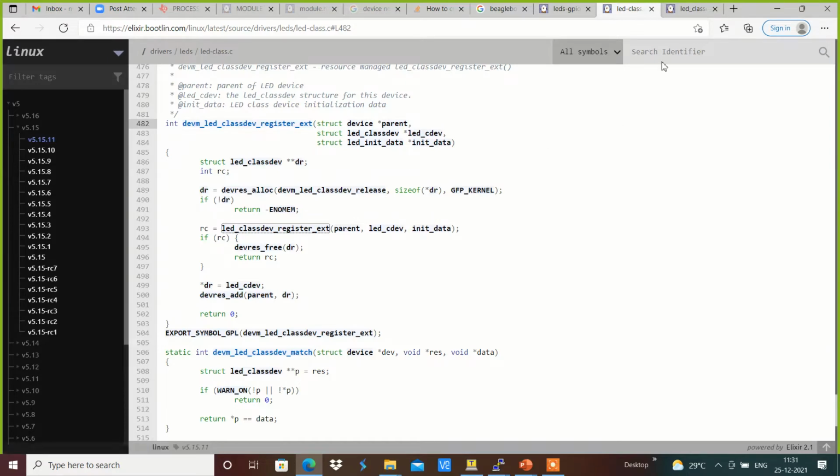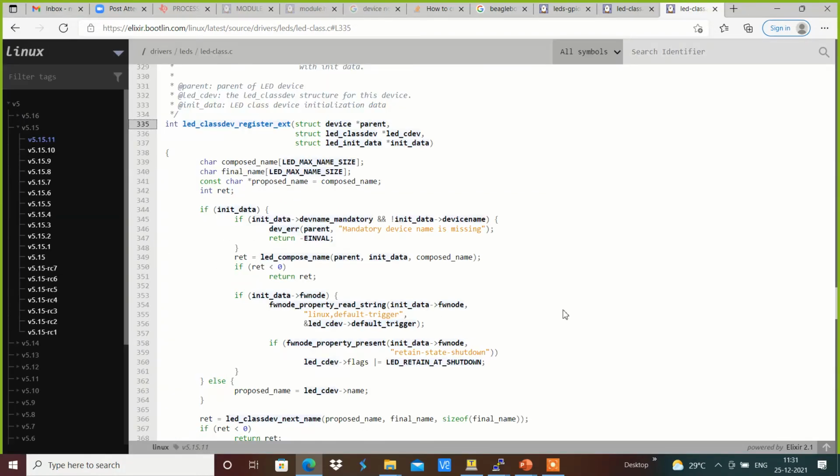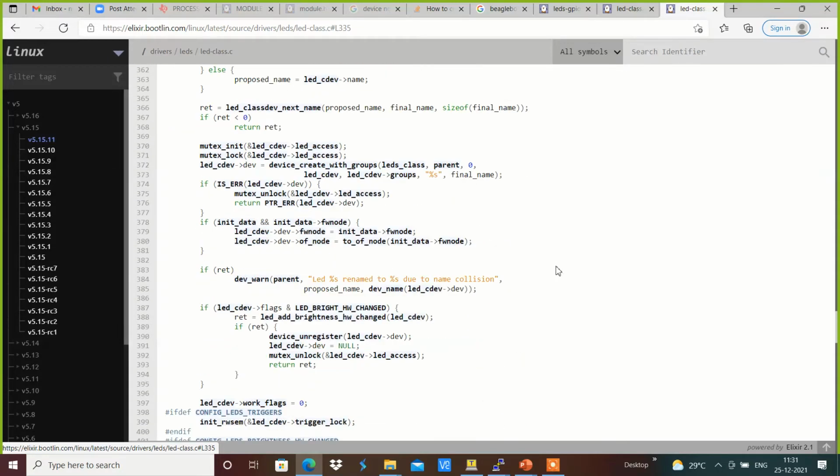We will see what parameters it is creating over here.